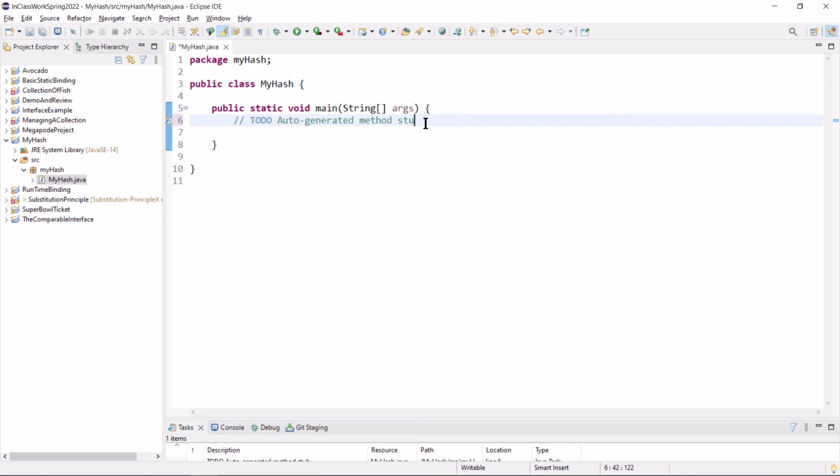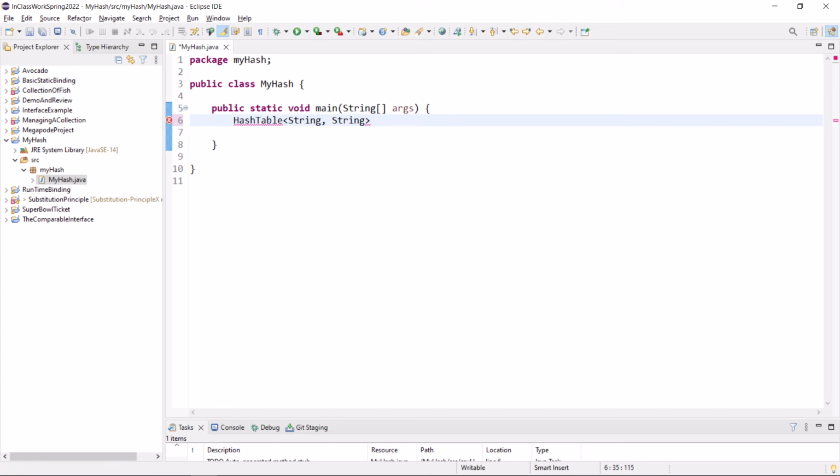I have a main. Let's make a hash table. Hash table. It's a parameterized data structure, therefore I need a key and a value. And let's say that my key is a string and my value is another string.